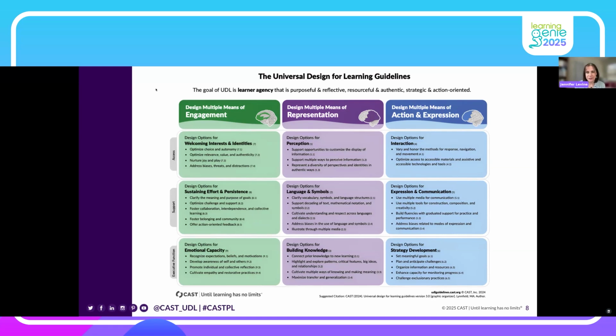These are the Universal Design for Learning guidelines. Basically, these are nine different things that you need to think about when you're designing. When we're designing a lesson, we need to think about welcoming interests and identities. We need to think about making sure that everybody can perceive. We need to think about how people are going to interact with the materials. You want to make sure that you're thinking about what barriers exist, and then you only have to design for